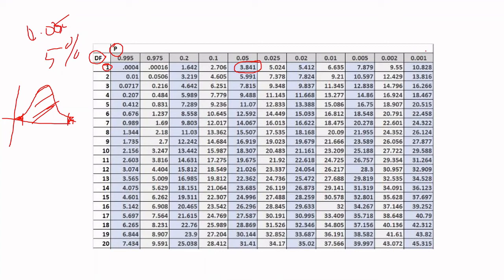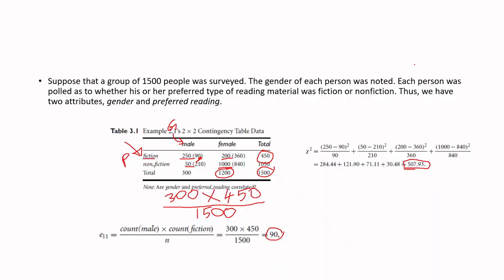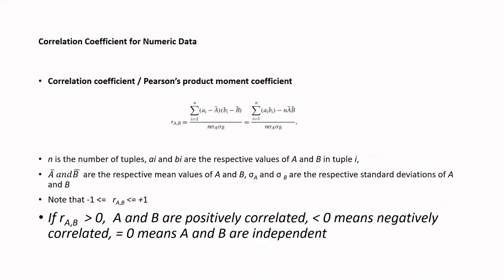Okay, so if you take the maximum value given here, it still is only 10. But the value we calculated is 500, which means A and B are actually dependent. അപ്പോൾ നമ്മളെ ഹൈപ്പോത്തസിസ് ഫോൾസ് ആണ്. ആ ഹൈപ്പോത്തസിസ് A and B are independent, പക്ഷേ അത് വാല്യൂ ഗ്രേറ്റർ ആയതുകൊണ്ട് A and B are said to be dependent. So this is how we find out whether two attributes are related to each other.